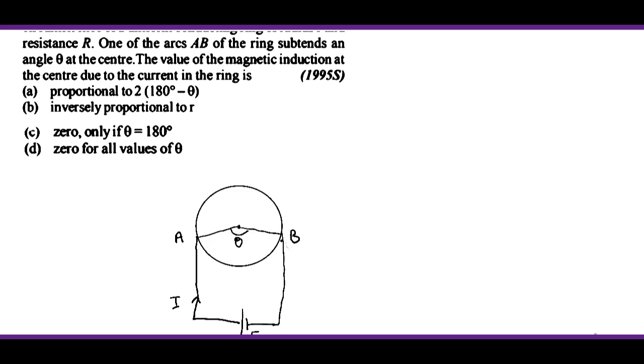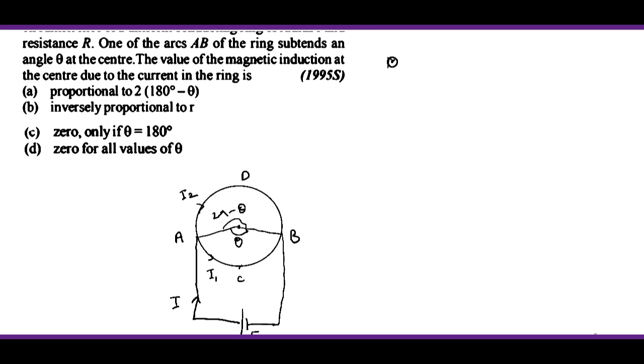ये A पॉइंट हो गया, ये B पॉइंट हो गया। ये एंगल थीटा है, तो ये 2π माइनस थीटा हो जाएगा। और दोनों डायरेक्शन में करंट फ्लो करेगी, इधर I2 करंट और इधर I1 करंट। अब इस साइड वाले आर्क को हम नाम दे देते हैं। इधर वाले पॉइंट को C और इधर D पॉइंट दे देता हूँ।